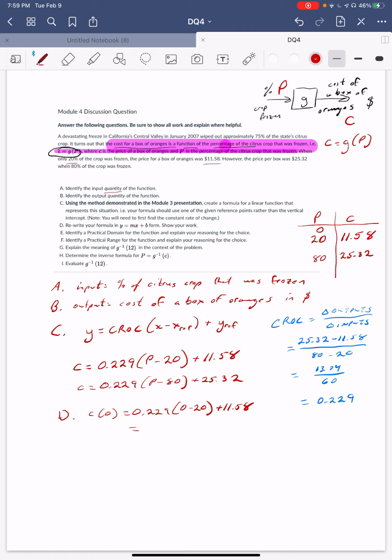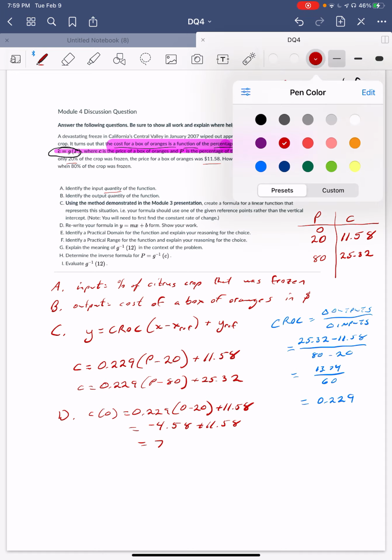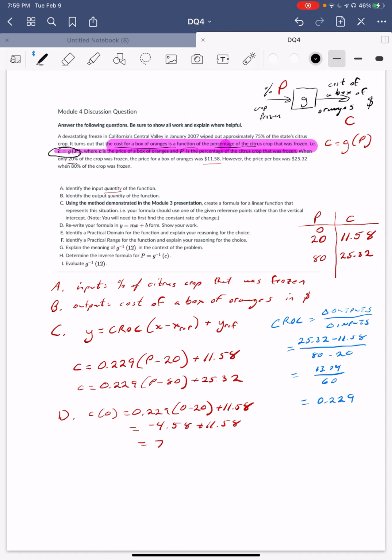So that equals 0.229 times negative 20 is negative 4.58, which I have to add to 11.58, which gives me 7. So I do know now that my cost when 0% of the crop is frozen will be $7 per